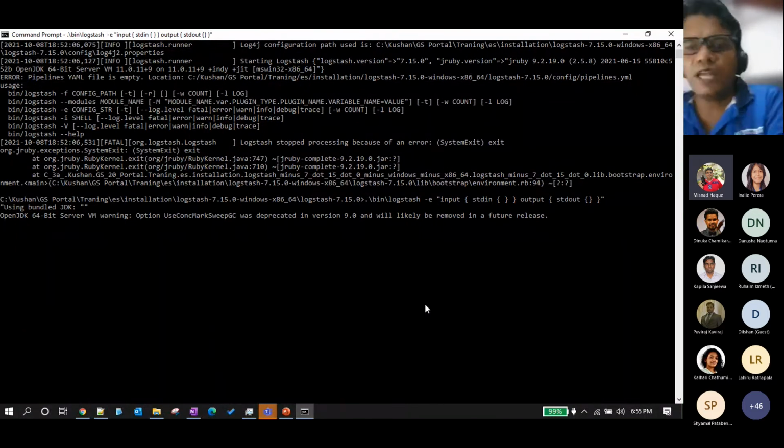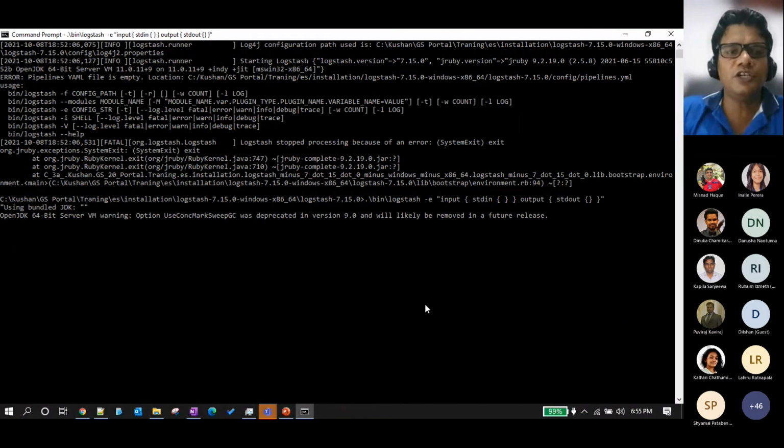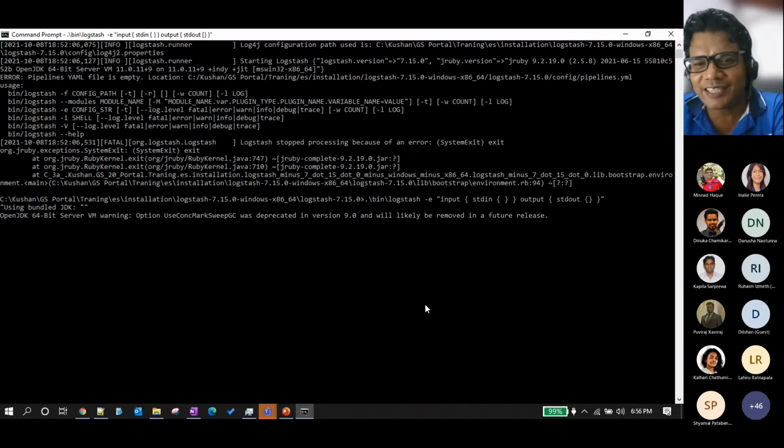Before getting to Elasticsearch, he should have a thorough understanding of SRE concepts as well, the toils.